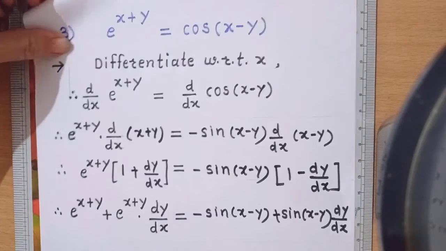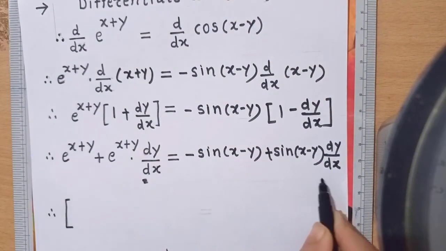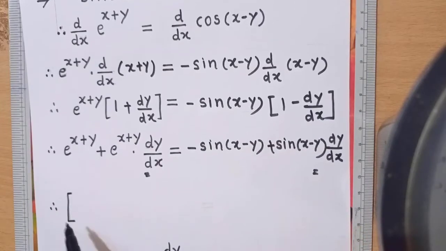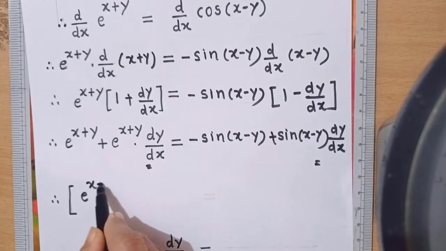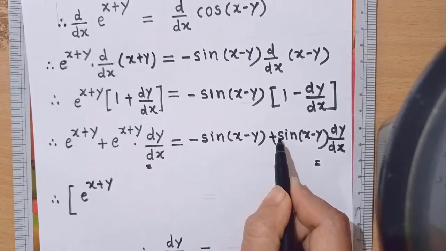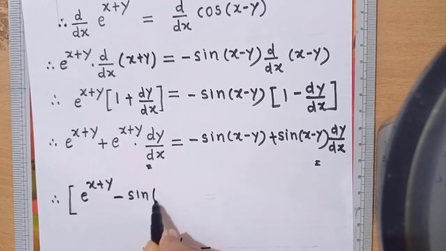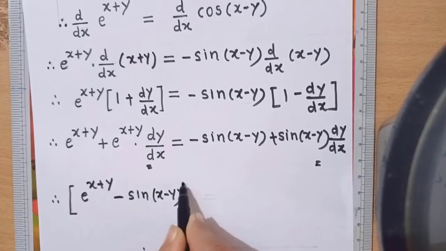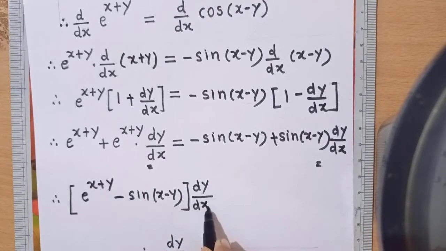Now in the next step, collect dy by dx term. We can observe here and here. So I am taking box bracket and write down coefficients. So e raised to x plus y, and shift this to left hand side. So minus sine x minus y, and here write down dy by dx, and that is equal to, move this